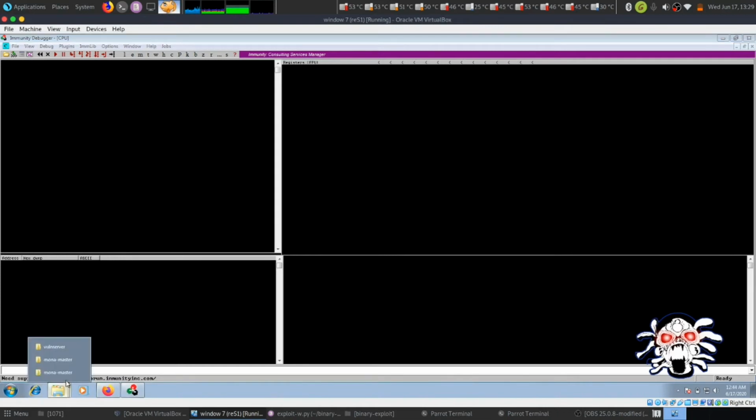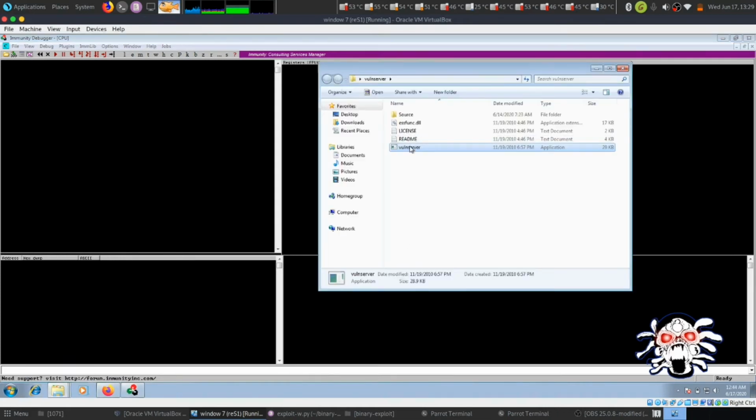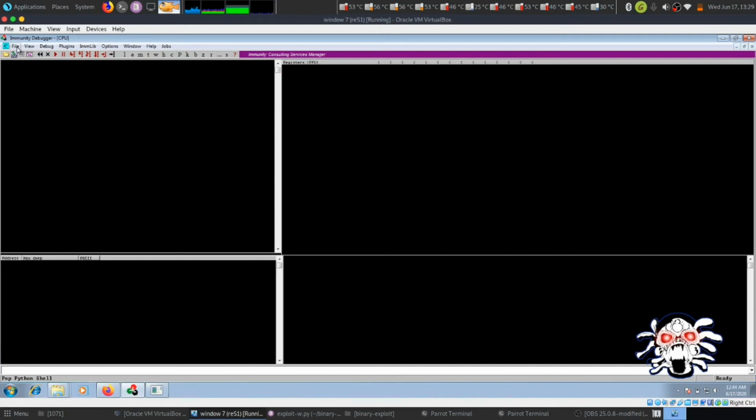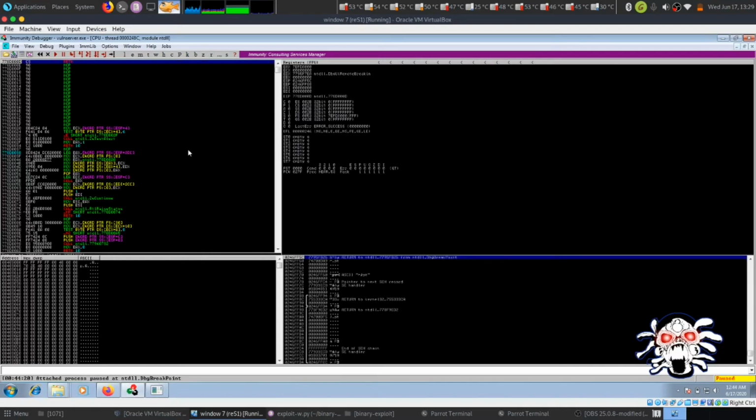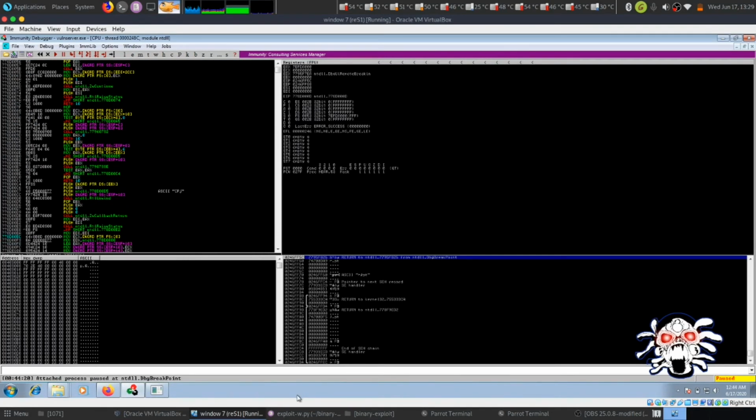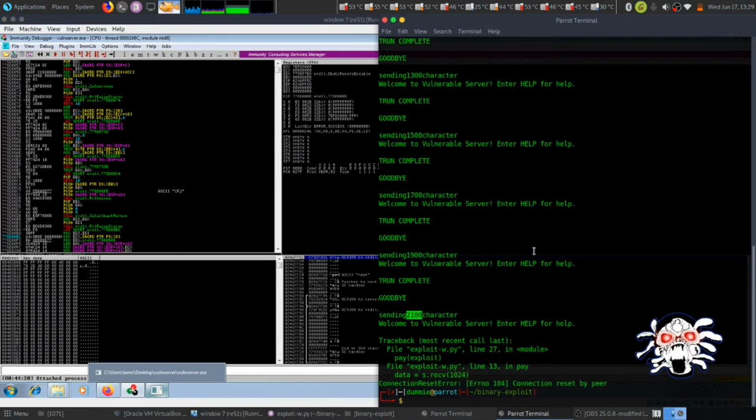Then let's open that one server. Okay, let's open attach. Here is our one server. Then let's try to attach it. Then we can see from here. Let me try that again. Here, our next step would be to simply